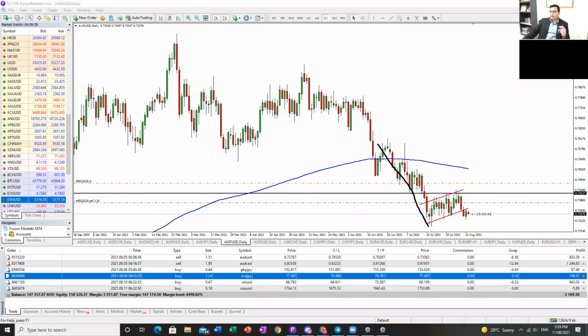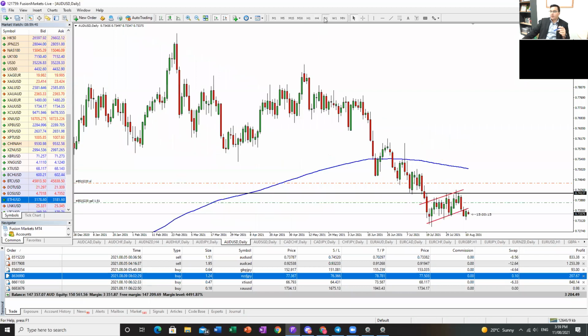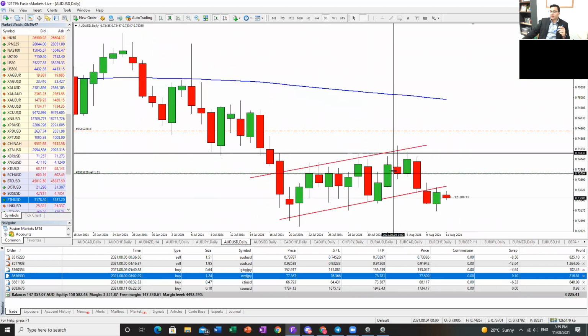So price comes down, puts in that little flag, broke out, looking to go short. We took it here, that nice big bearish engulfer. It came up a little bit and then came back down. So yeah, we took it based on that, but the main reason we took it was based on the rejection